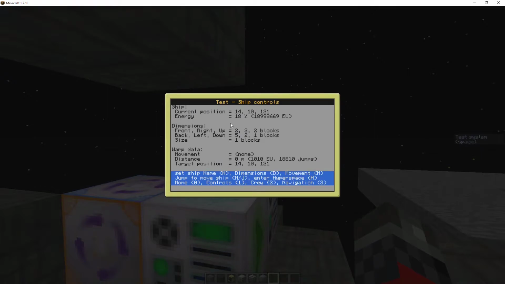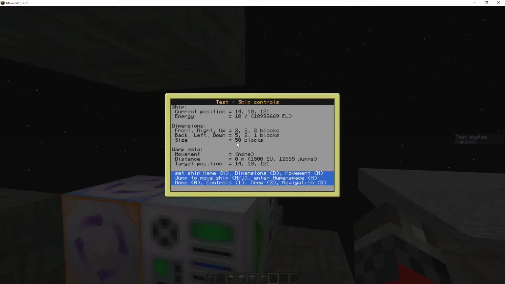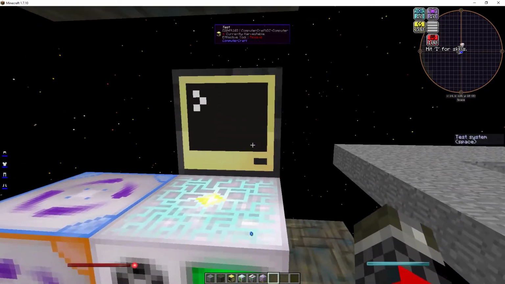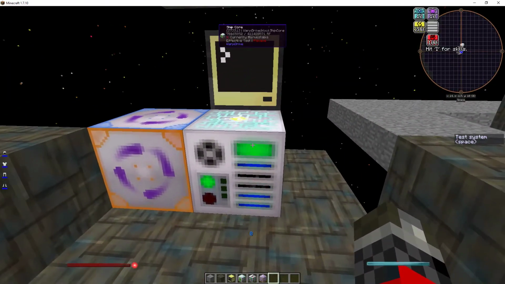So as you see now, I have dimensions for my ship, but it still says the size is only 1, so I will just hold Control R, which restarts the computer, and I'll press 1 again, and it shows that my ship now has 50 blocks, which sounds a lot better. So we are bound to our ship. Our ship has a size, and now I'm not quite sure if I got it right, so I'll hold down